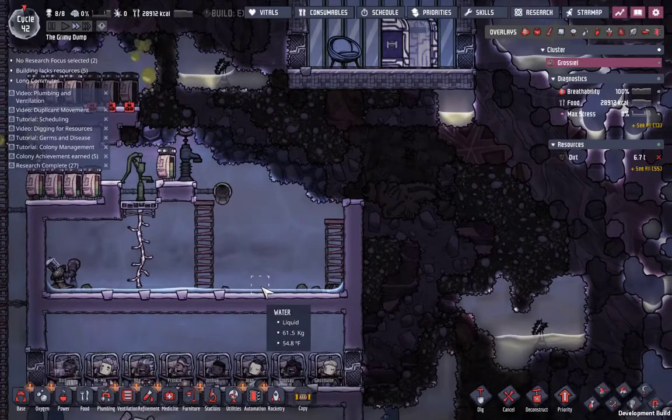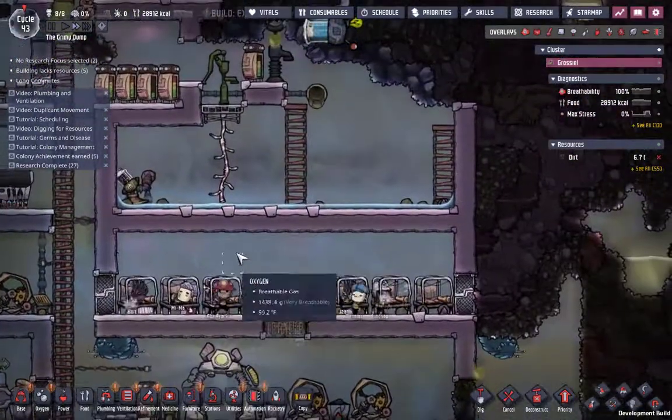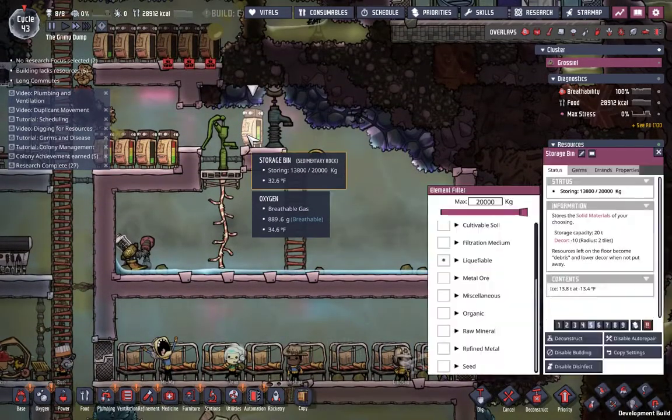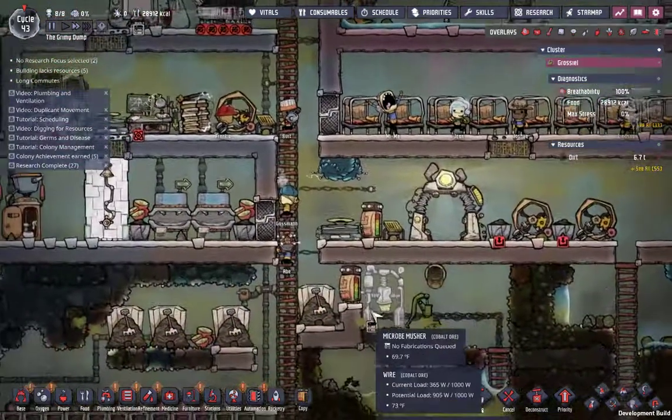We're so low on water, it's ridiculous. This is bad. Where did my ice go? Oh, I put the ice away. Alright. 13.8 tons of ice. Well,